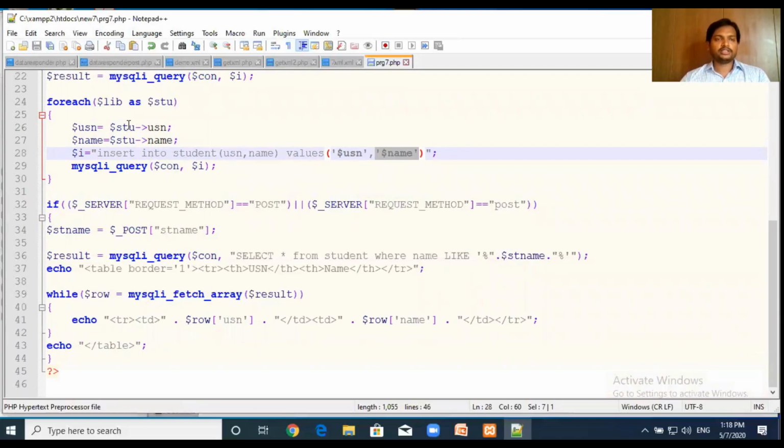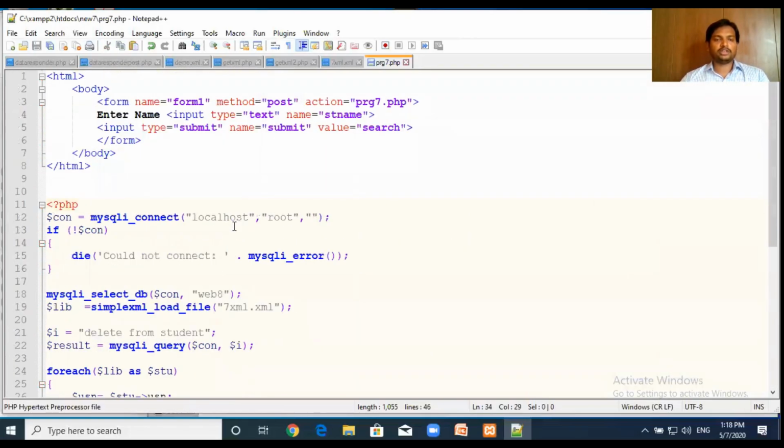After inserting, we need to retrieve the data from the database based on the name entered by the user. For that, we are creating one text box, asking the user to enter the name. The user is going to enter the name and we are reading that in st name. After that, we are including one submit button. Whenever we click on this submit button, the action is performed. This action will call this program,